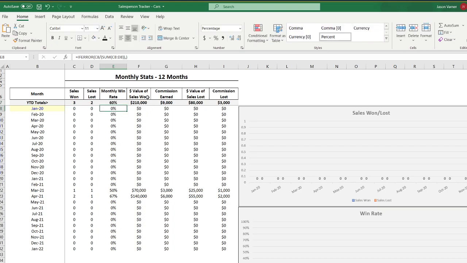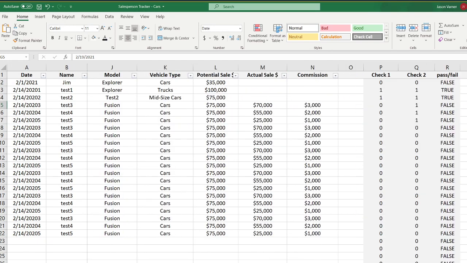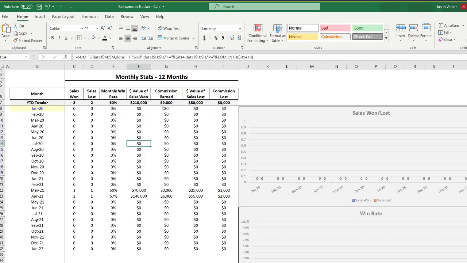You've got the dollar value of sales won, which is taking column M, which is this one, actual sales. Commissions earned, same thing. And then we've also got the dollar value of column M if it was marked as lost, as well as commission lost. So you can see how much you've won, how much you've lost. I think that's really good, high level stats that are pretty easy to digest. What's your win rate for people that you have potentially to sell cars to. So based on whatever data is entered,